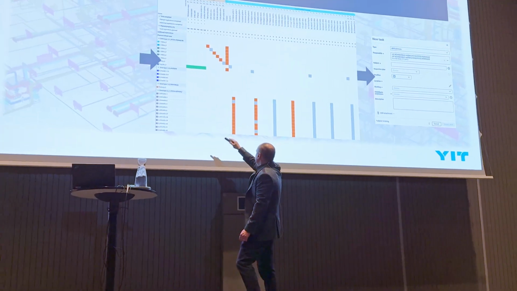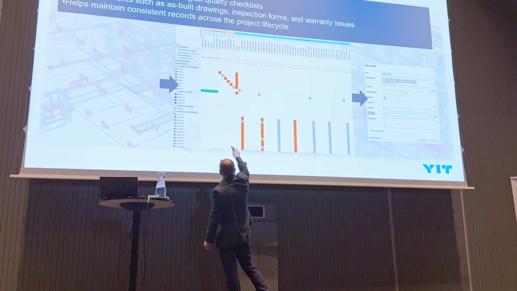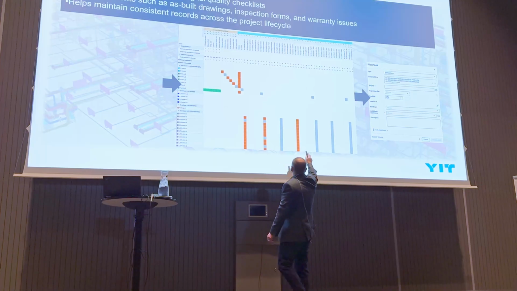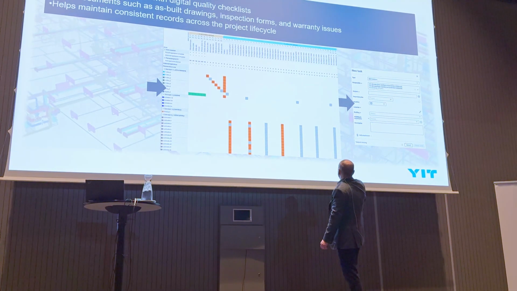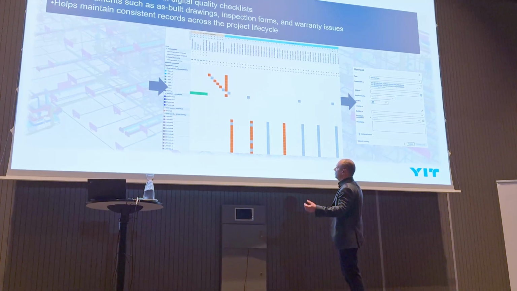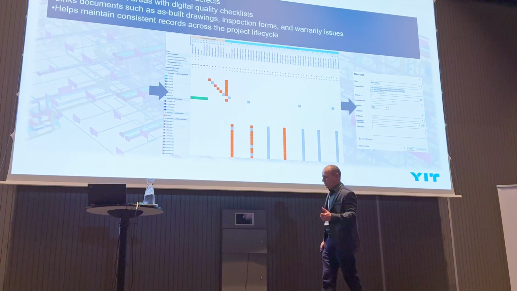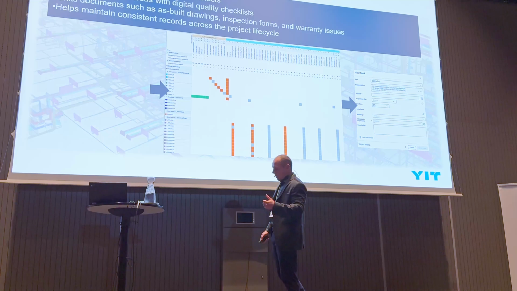Some works are for some of the zones, and some works are not related to some zones. So when you go to the physical construction site, you just scan these QR codes, and